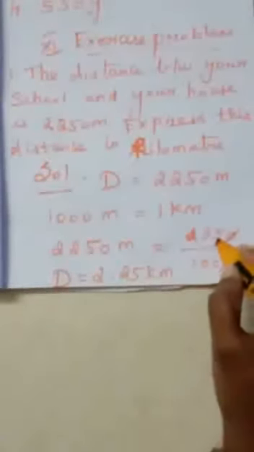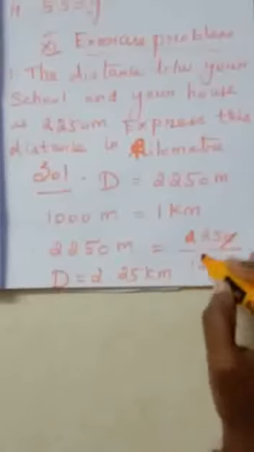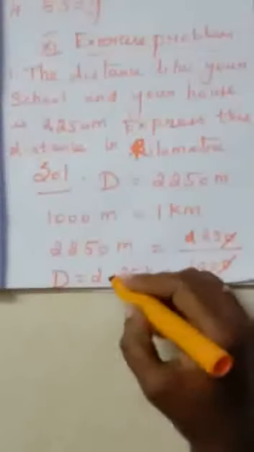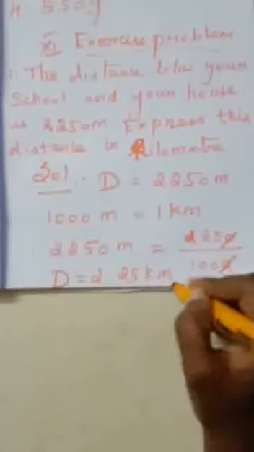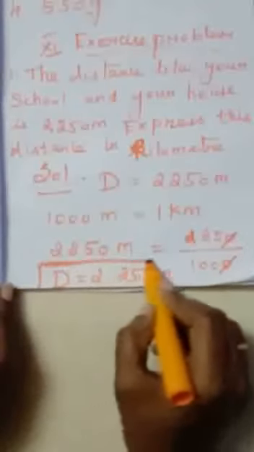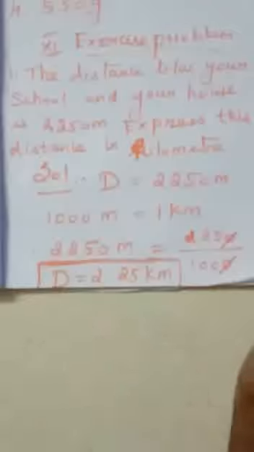1 divided by everything, all the numbers is 1. When it is divided by 1, and 0 in the sense, we have to do the decimal point. We have to keep the decimal point. So 2.25 kilometers. So this is our answer. Is it clear? So when the question is given, what is this? Word problem.